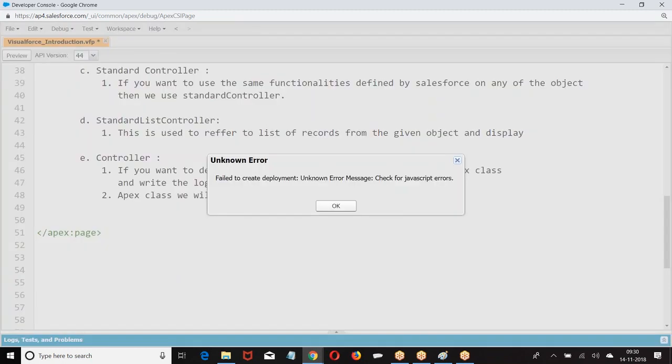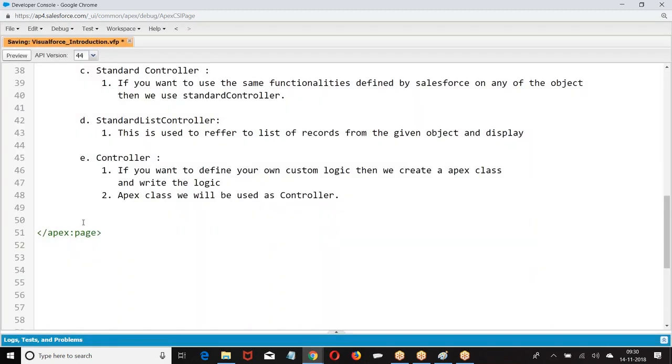Last one, extension. Next we have extension.